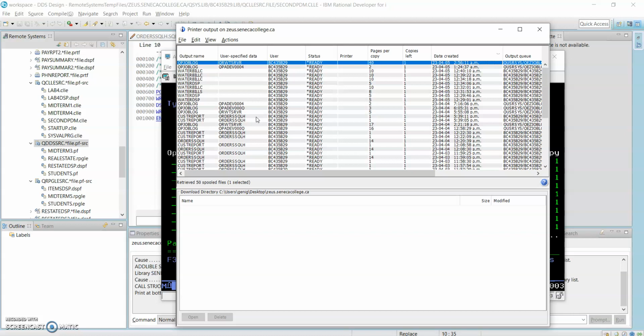For actual business settings, you are supposed to keep these spooled files just in case you have accidents, bugs, and whatever errors and so on. You can check what you did before. So just to show you an example here,